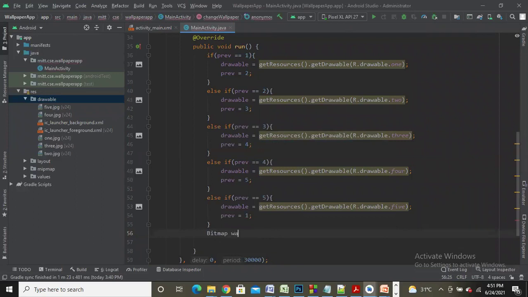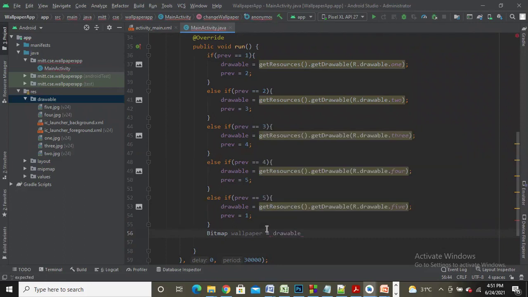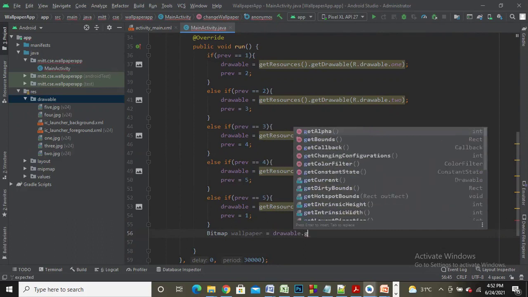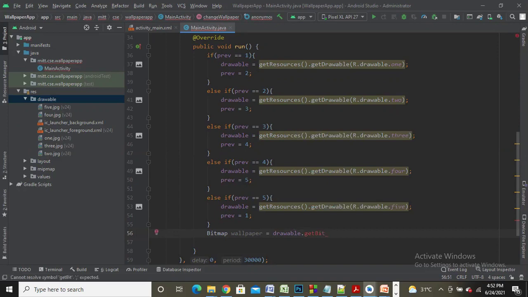Bitmap wallpaper, which is initialized to drawable dot get bitmap. Sorry, get bitmap.